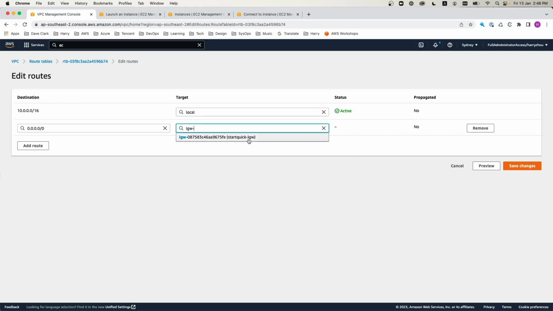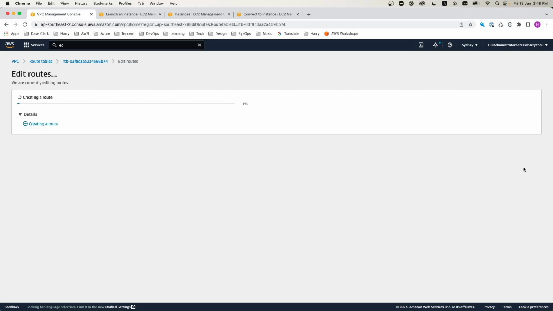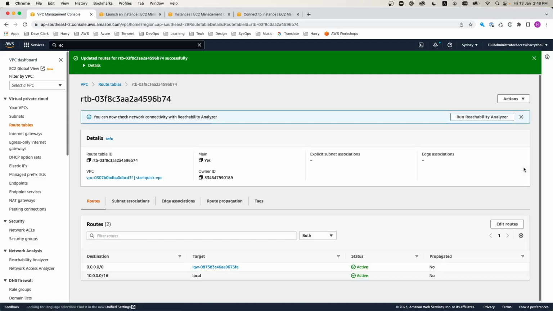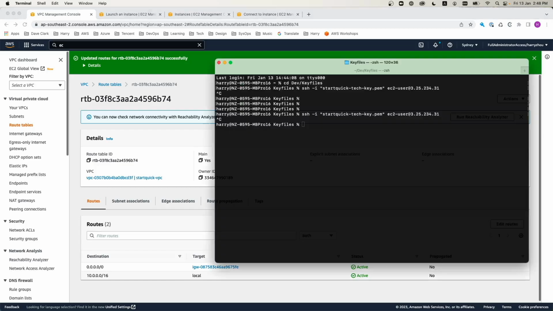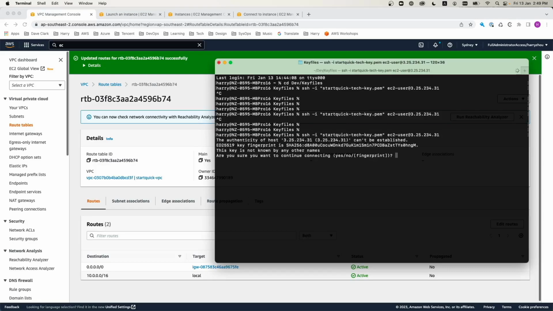Okay, which is the Start Quick Internet Gateway, and we save the change. Now once it is done, let's go back to this and let's try to connect again. Now we can connect. Right? You understand